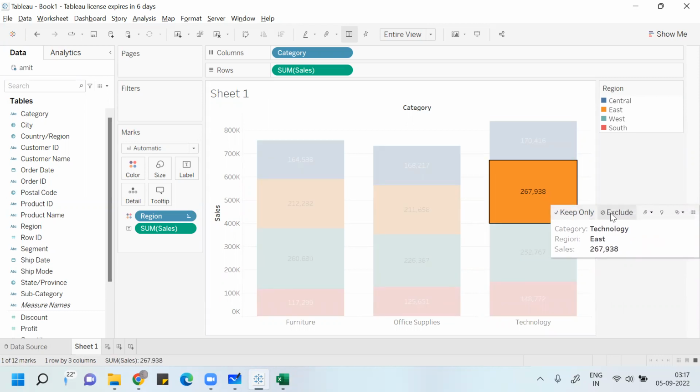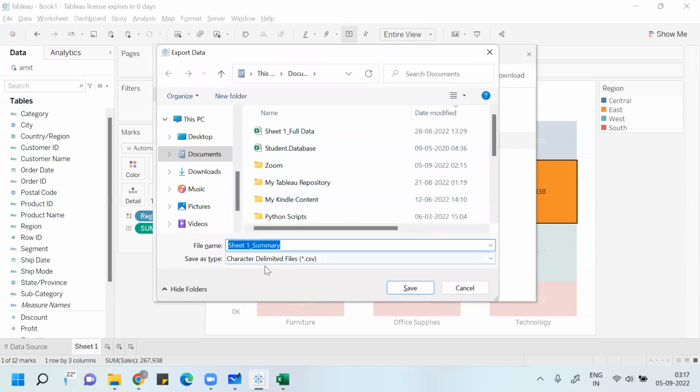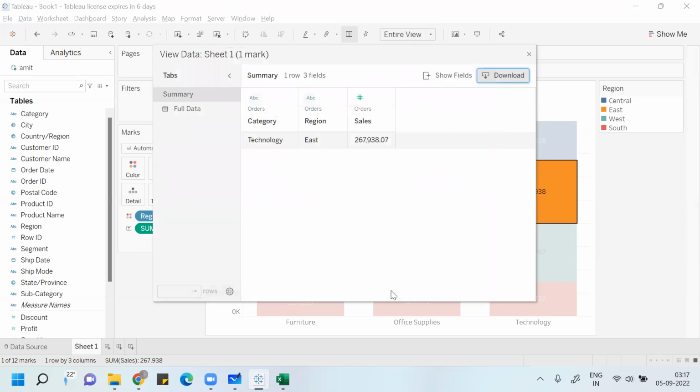You can go to keep only, exclude, then group member, explain data, then create data. And then here you can see this category, technology, region, some sales figure you get. So if you want, you can download this data, and if you download this data, it will save in CSV format. You can give a name, okay, it will save in CSV format, and then probably